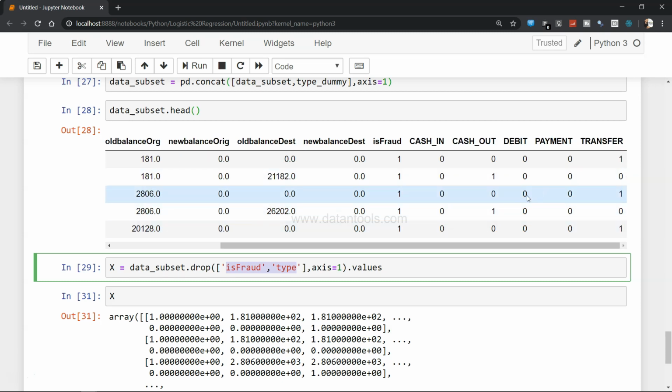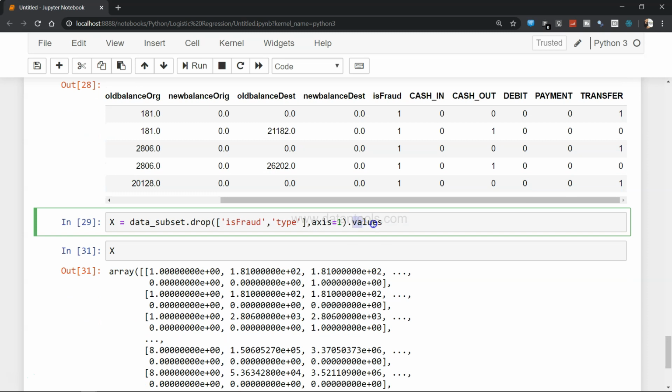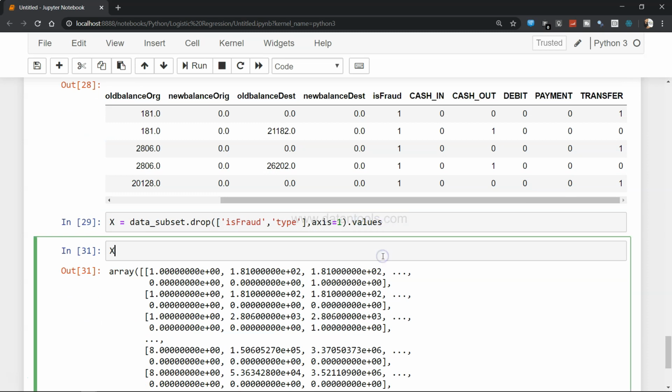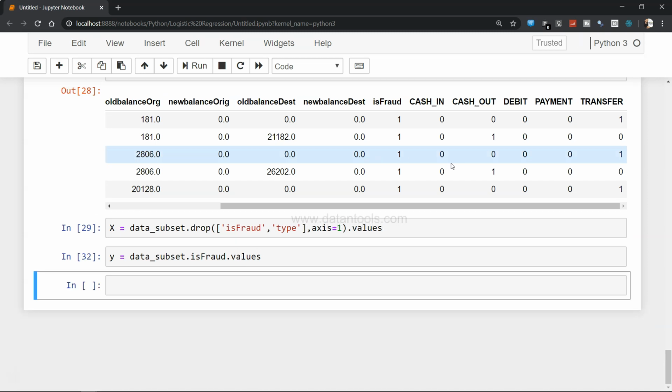Then values are converted into an array, because the machine learning algorithm is going to take only arrays. Now y is nothing but the target variable, so data_subset.isFraud. This is the target column, that's why we are taking isFraud, and again dot values, because we need the arrays. All right, so it will not give you any issue.